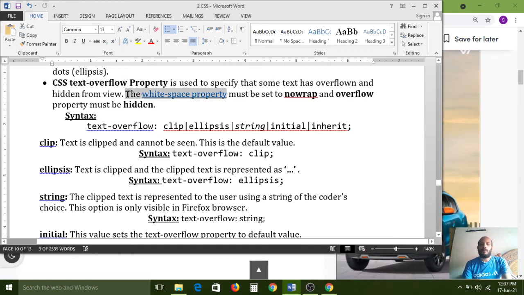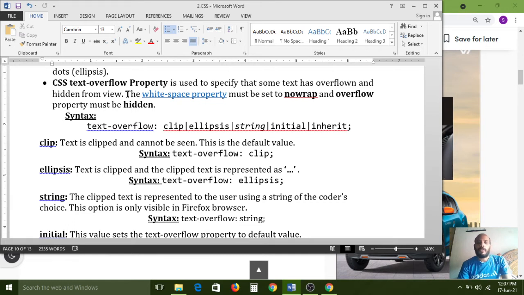The white-space property must be nowrap, and the overflow property must be hidden. Only then can you understand this text-overflow concept. These are the normal properties, but without them you can't use text-overflow. So now practically we have to see.